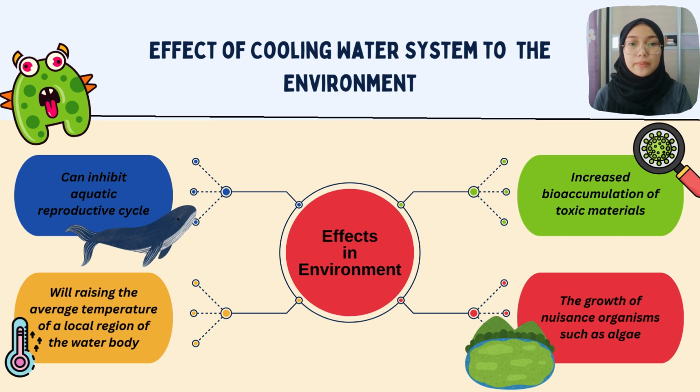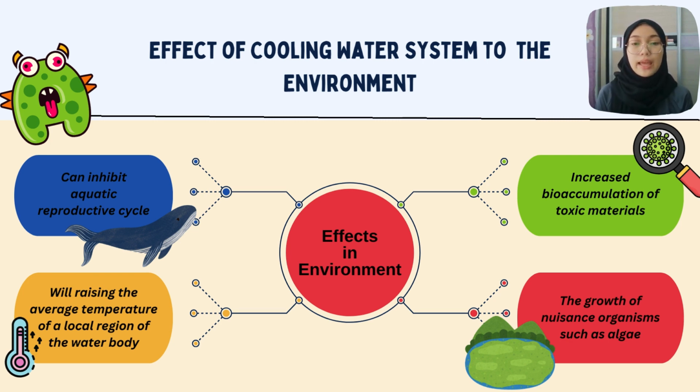Today I will explain the effect of the cooling water system to the environment. The first one is it can inhibit aquatic reproductive cycles. This is because of the impact on organisms that are entrained into the heated plume without having passed through the plant. There is a possibility that the heated plume may serve to block the passage of anaerobic species and therefore inhibit their